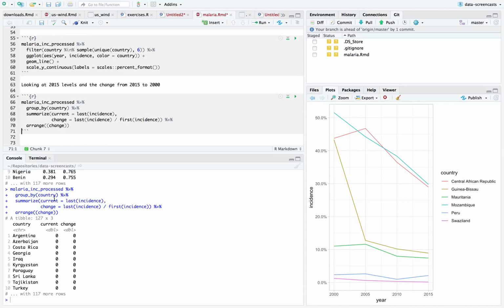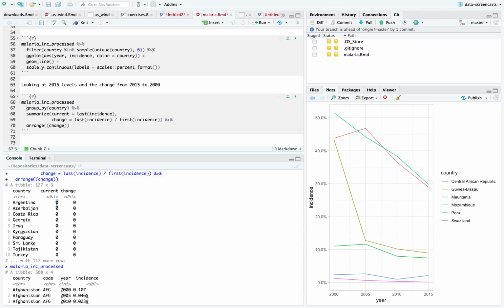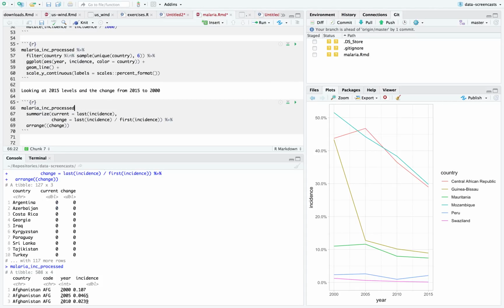Okay, Argentina. Now that I see it this way, I realize I'm kind of interested in knowing every country. Rather than grouping and summarizing, I'm going to try a slightly different approach. Because I'm really interested, like Argentina, okay, it says 0. Did it used to be 0? We might need some smoothing so that we can understand that change relative to other changes. What I'm going to do is say,